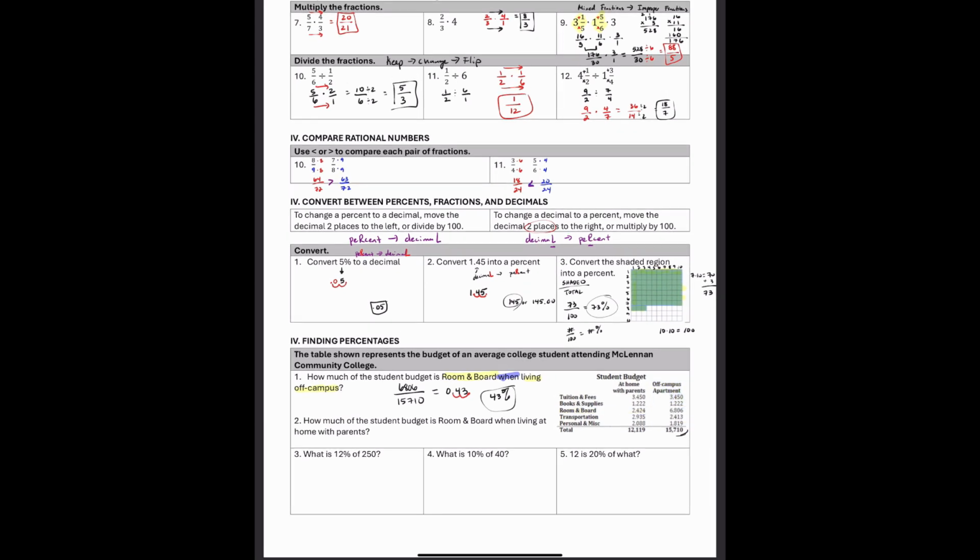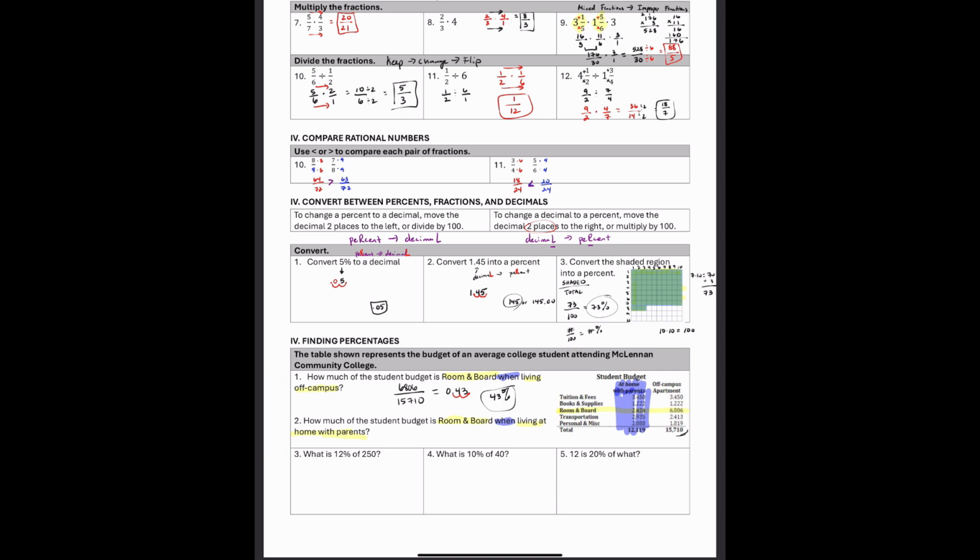Okay? We have a different scenario this time. It says how much of the student's budget is room and board when living at home with parents. So we have 2 pieces of information, room and board, when living at home with parents, okay? So over here we have room and board. So it's $2,424 when living at home with parents, right? And the total here is